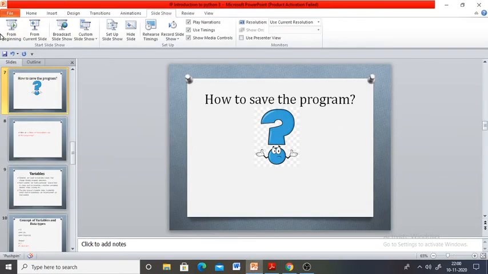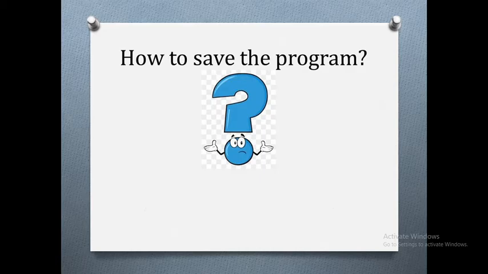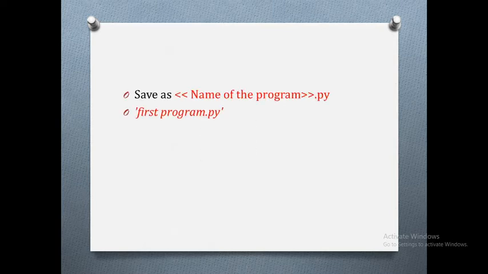Going back to our slide presentation. Now we wrote a program. We are just starting to write programs. How will you save that program? To save that program, you write it in the interface and just save it with the name of the program followed by .py. This .py always refers to a Python file. For example, I am writing first program.py. First program is the name of the program, and I have to store it as .py. Just like you have extensions for text files as .txt, Microsoft Word files as .doc, or .docx files.